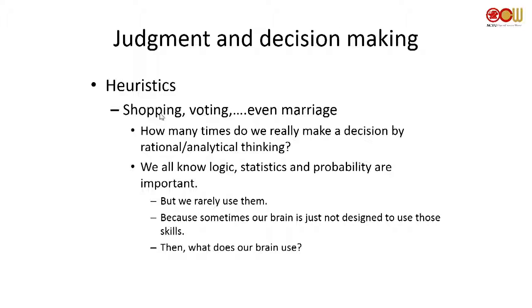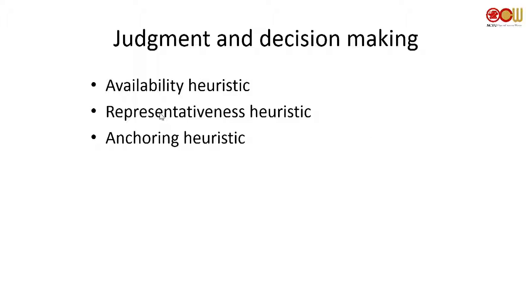But the next question is, what are they? They are hunches and feelings, but what exactly are they? There are several different kinds of heuristics, and we're only talking about three of them: availability heuristic, representativeness heuristic, and anchoring heuristic. None of them look very simple. Okay, what are they?